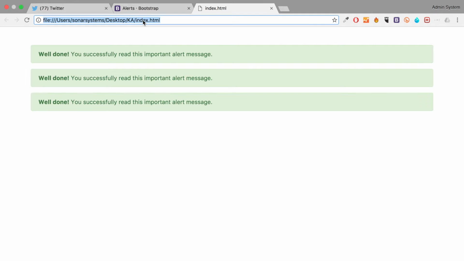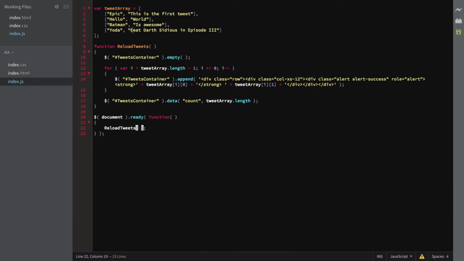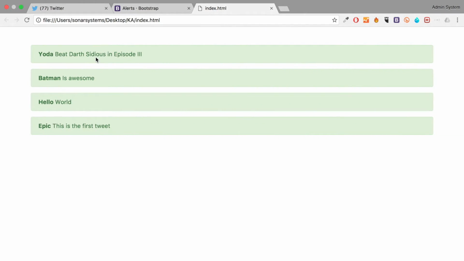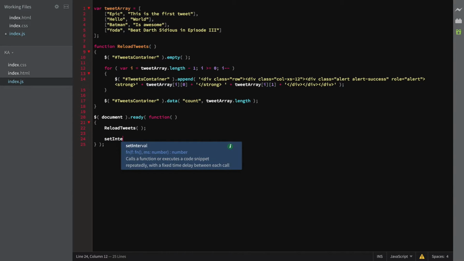So if we refresh, as you can see, it's loaded all of our tweets, and this is the latest tweet essentially. So this is the first one that is appearing, or the one that's appearing right at the top. So now what we need to do is have some logic to call this method every 3 seconds or after X amount of time. To do that, you use setInterval,